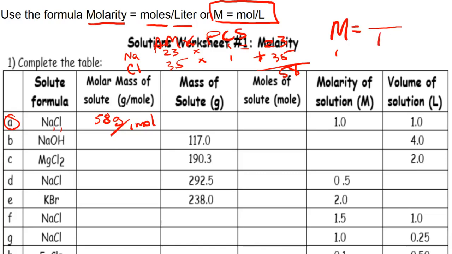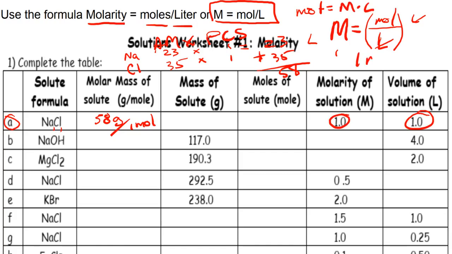Now you basically have to convert. You have moles over liters, and the liters cancel. Whatever you do on one side of the equal sign, you have to do on the other side. So now we have moles equals molarity times liters. Our molarity is here, our liters is here. So 1 times 1 is 1, so 1 mole